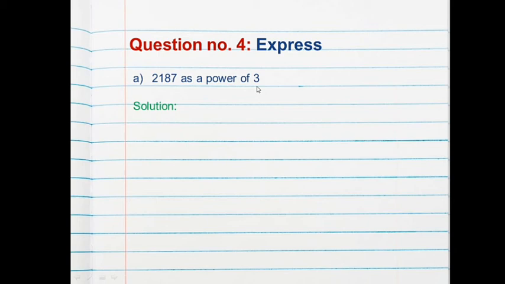factorization method, or we can call it the LCM method, which you used earlier. It means we will take out the LCM for this number. Okay, by using the LCM method we have to take out the factors of 2187, and as it is given, we have to express this number as a power of 3. It means we have to take the factor as 3 only first, because we know the base will be 3.